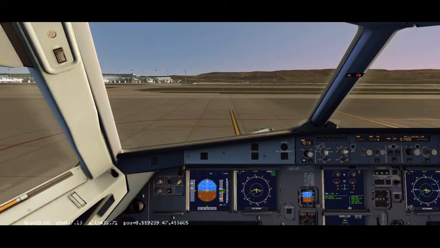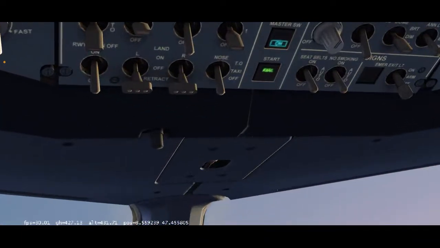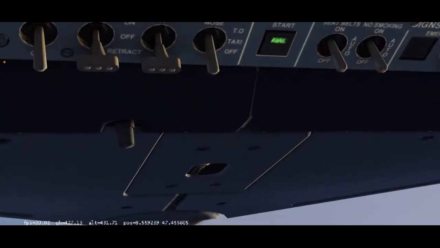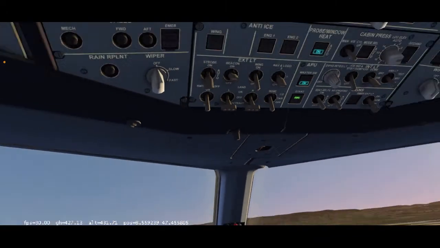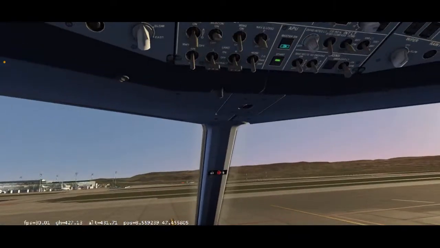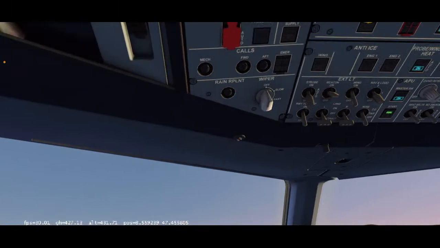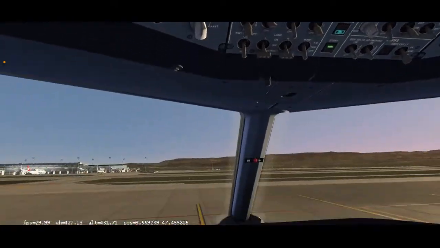And Casper says, in the newer A320, there's no auto option for seatbelts. Really? Wow. I did not know that. That's kind of weird. Oh, I guess that's important just in case it does stop working. I guess that's a good feature. Yeah, that's actually a very good feature, so that way you can manually do it. Alright, so now that everything is checked, APU is on and working.